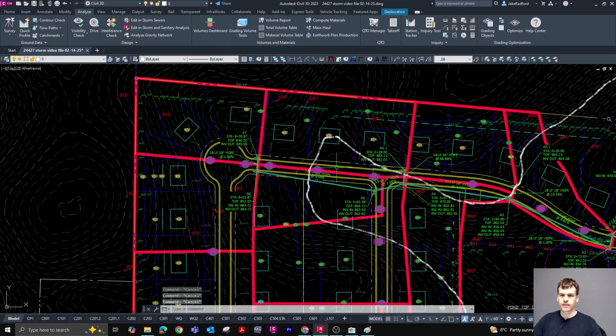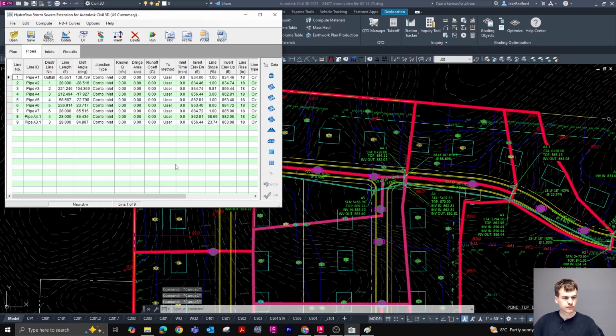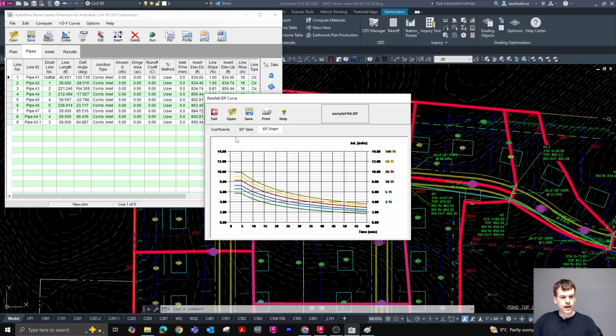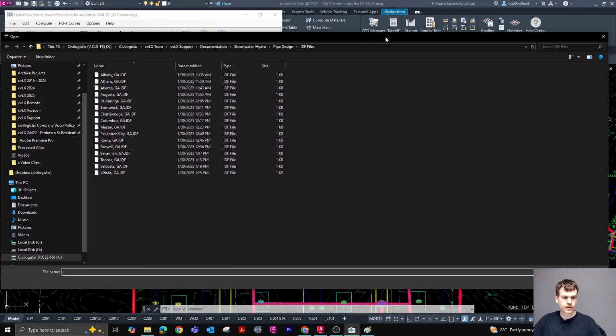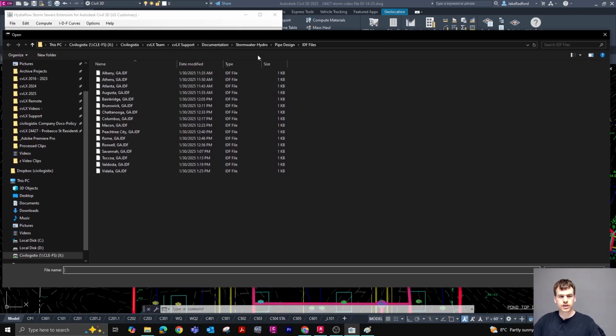So your runoff coefficient is going to be higher for more impervious areas and lower for less impervious areas. So once you punch in your runoff coefficient and your drainage area for each one of your inlets, you're going to click this little IDF button here, and then you're going to either open one of our IDFs that we already have saved. So as you can see here, under Support, Documentation, Stormwater Hydro, Pipe Design, and IDF files,